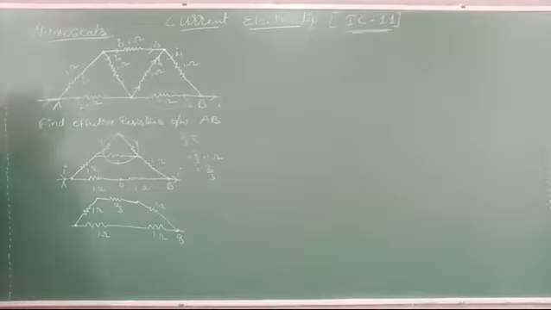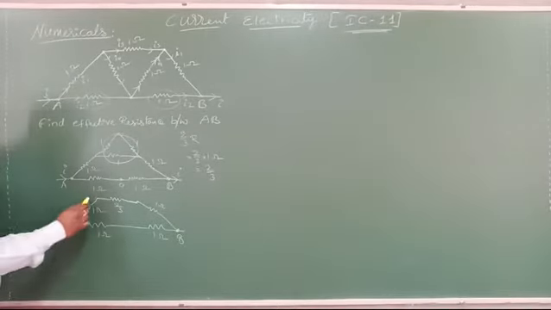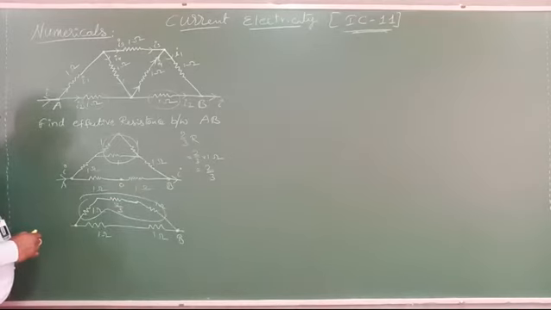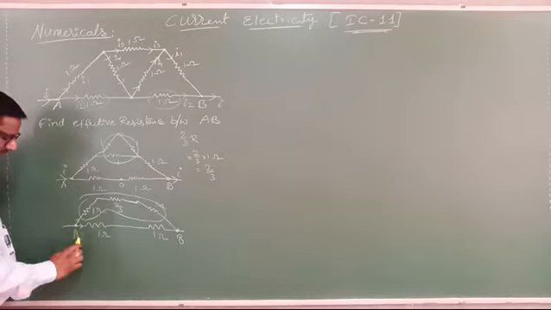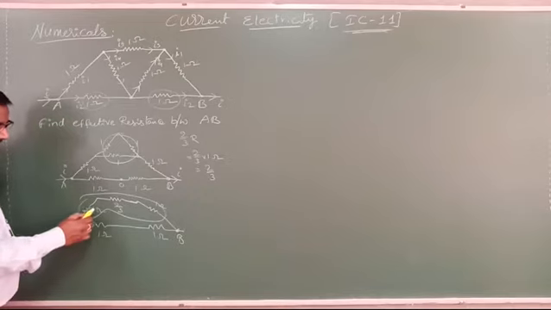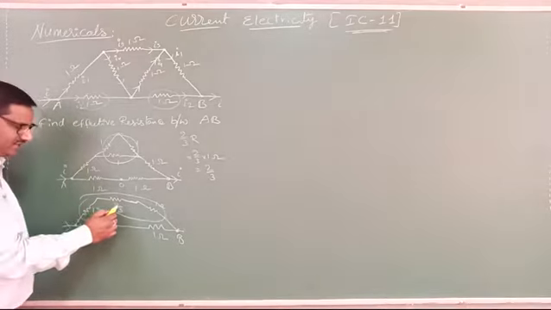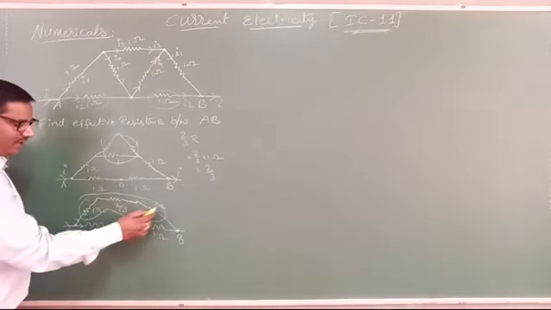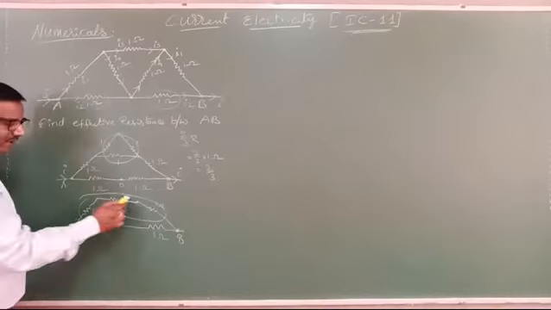This point will be B. Now these 3 are in series. Do you observe why? Because here the current will be split when it passes from A. Now what about the split current? It must pass through 1 ohm, similarly 2 by 3 ohm, similarly 2 by 3 ohm and 1 ohm. So the current remains the same.